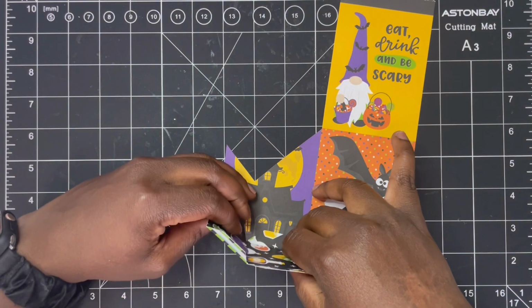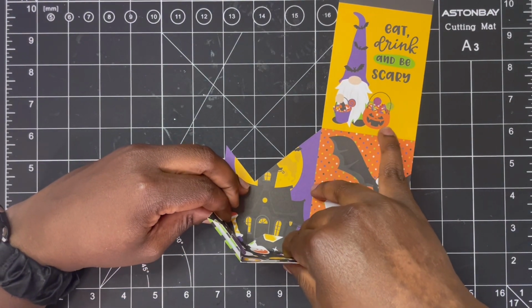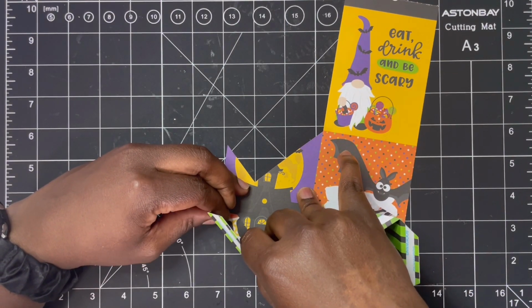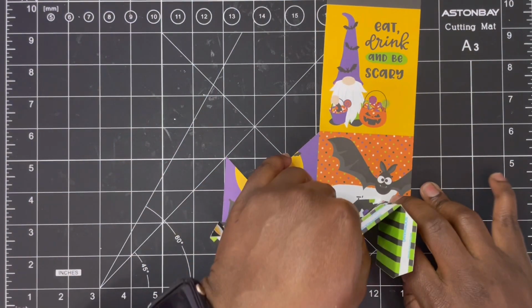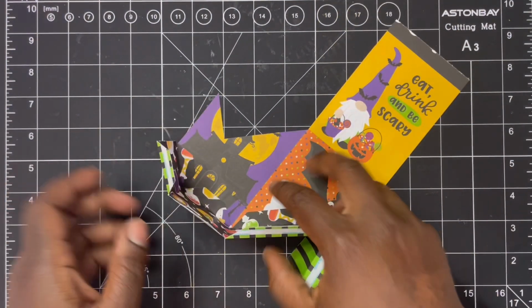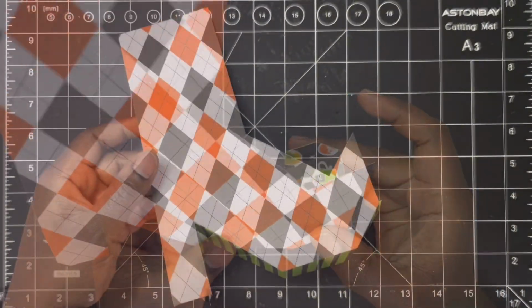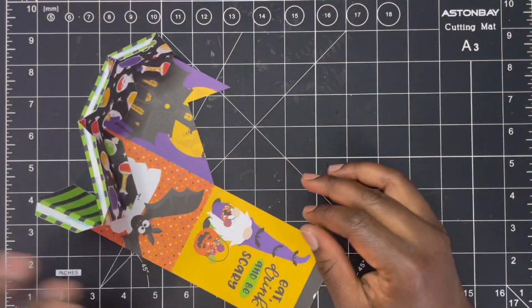Then go across. And then we go, oops. And then we go up. Okay, so that's what that part looks like. Then our next piece that we're gonna do